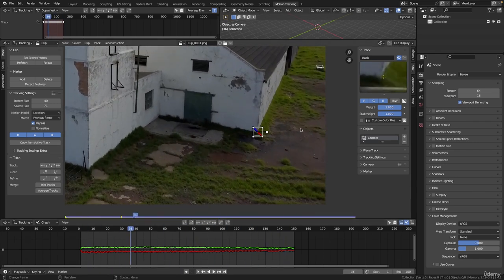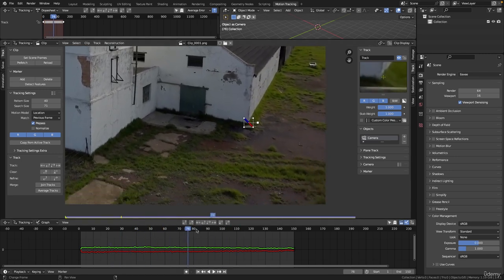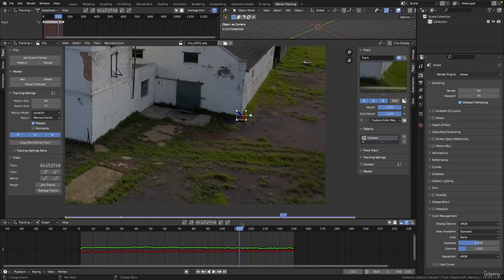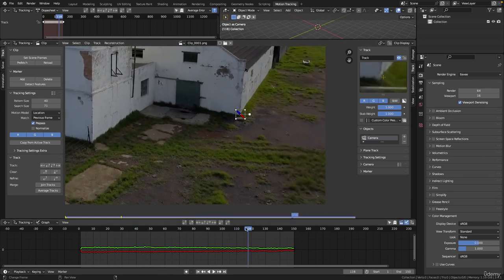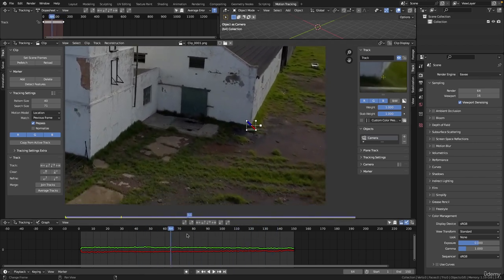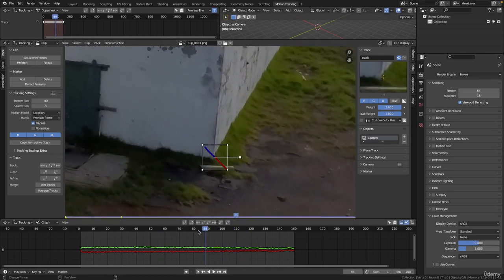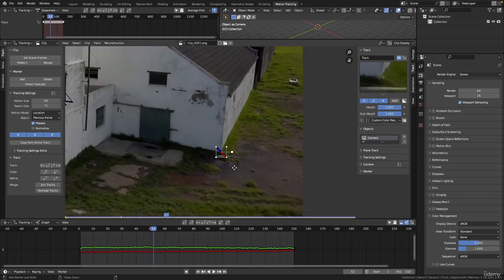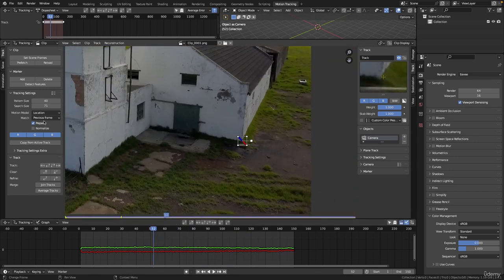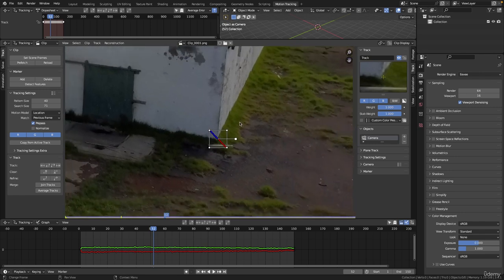Now we can see here in this top corner this preview of that track. If I scrub through, you can see the track point is actually kind of moving a bit there. It's not staying exactly on that corner of that building, and that's because the perspective is actually changing a bit. This wall image here on the side, you can see that it's actually changing, and that's a perspective change. So for this track, location is not really going to be the best option to use, so I'm going to